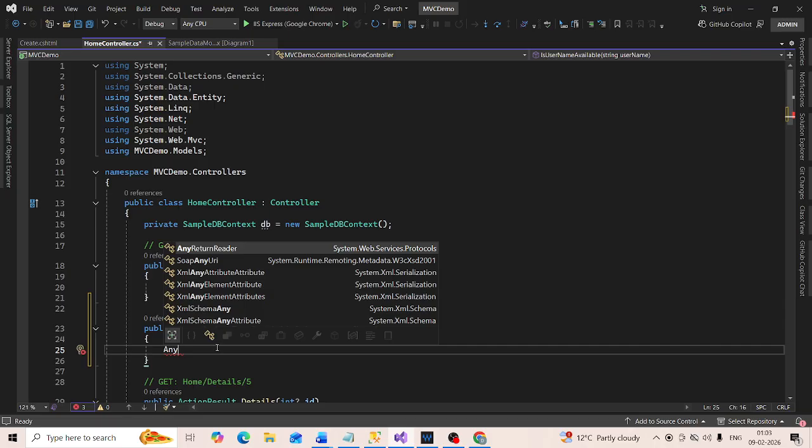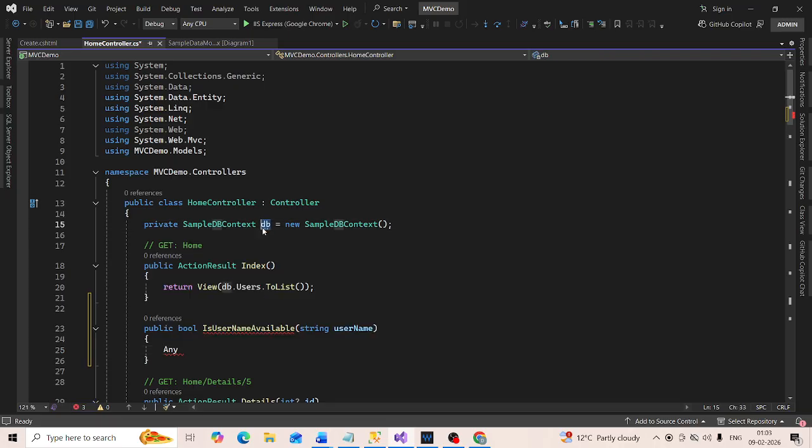Here we have an instance of our SampleDBContext class. This object has got a Users property, which is going to list all the users that are present within the database. So within that list, I'm going to check if there is any user